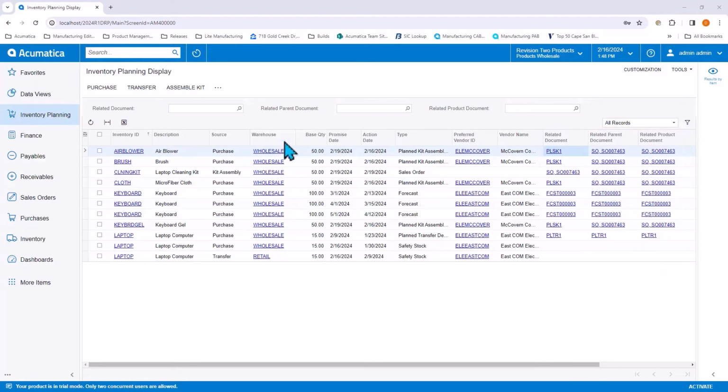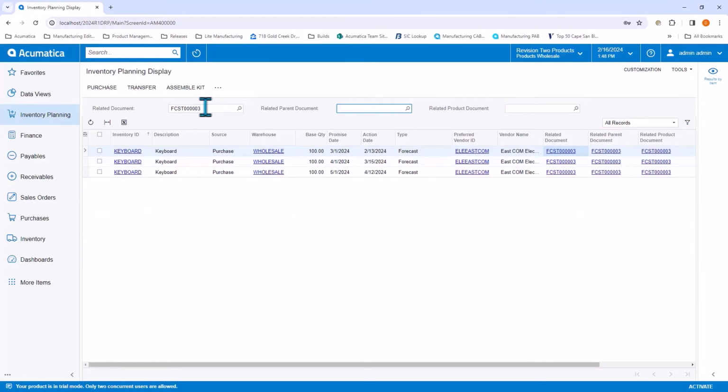Let's take the example of our forecasted item. If we take a look at these lines, you can see here that we have the finished good that we entered the forecast for. Acumatica is letting us know that we need to purchase 100 each of the keyboards on